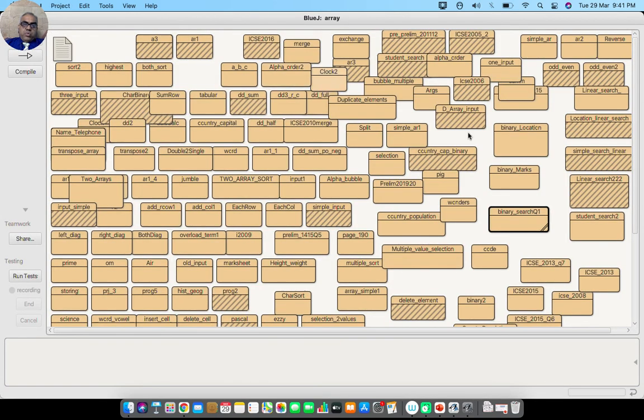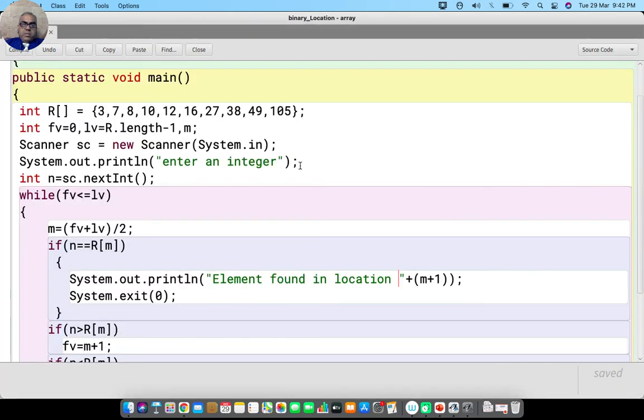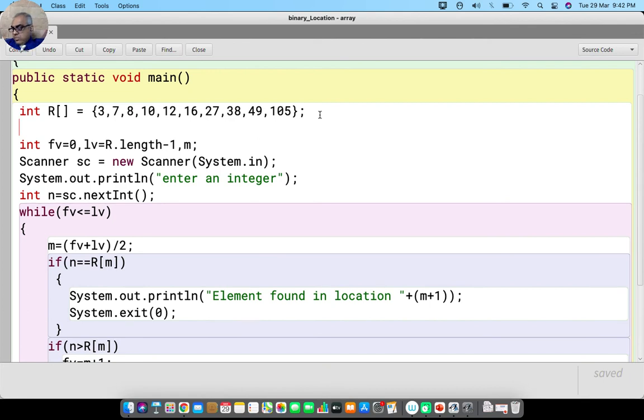Now in a situation, so I get back here, I am going to write down a situation where, let's say, what if the data items are in descending order? Okay, data items are in descending order.